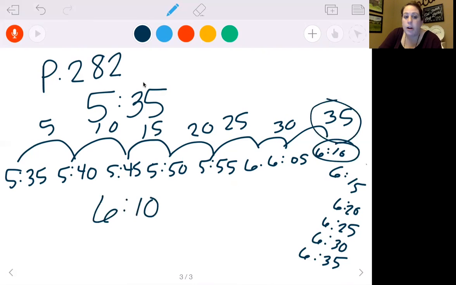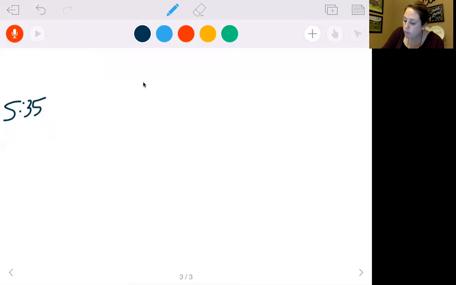So then the next part, it says the next day Raja jogs for 40 minutes. She finishes jogging at 6:35. So we know she stopped at 6:35. We have to go backwards. So I'm going to clear this, and we're going to try to make a chart fit. We're going to go 5:35, 5:40, 5:45, 5:50, 5:55, 6 o'clock,